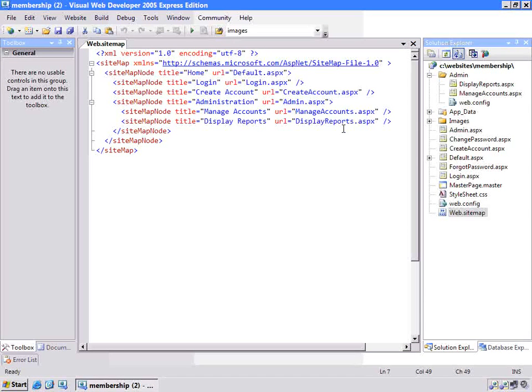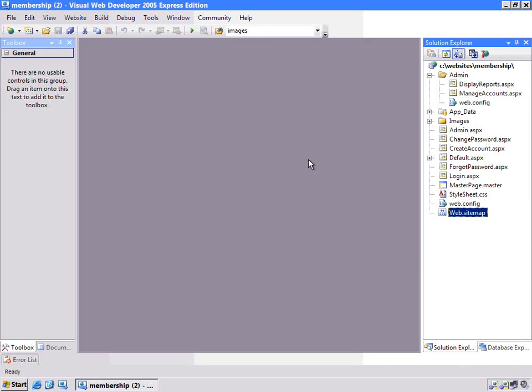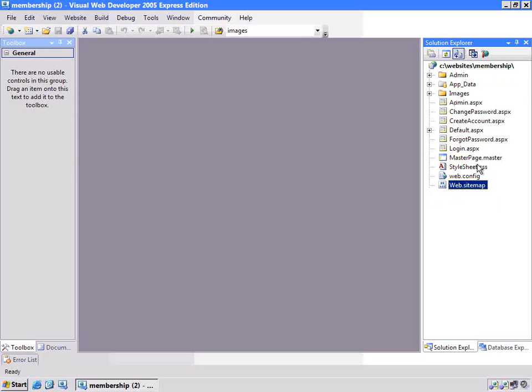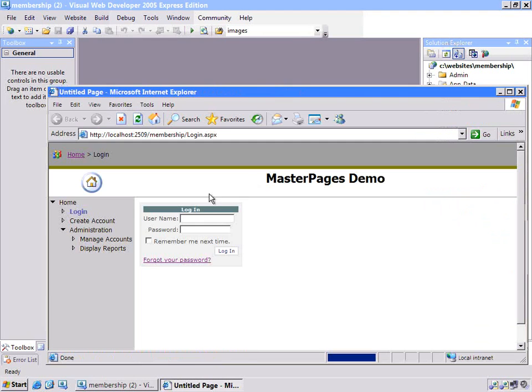So the URLs for those pages are now under admin. And this component, if you want to know what this is for, watch the navigation video. This is used by the tree control on the left hand side. So because we moved those, we have to keep that in sync. So now if I go back and log in as Mike,